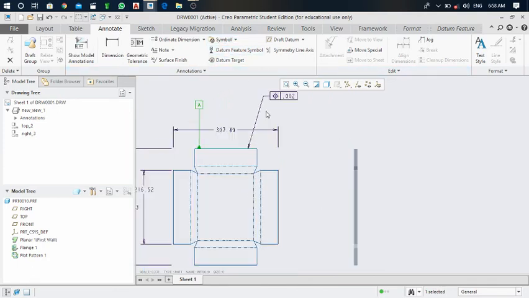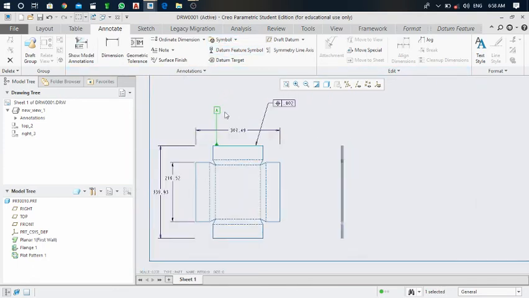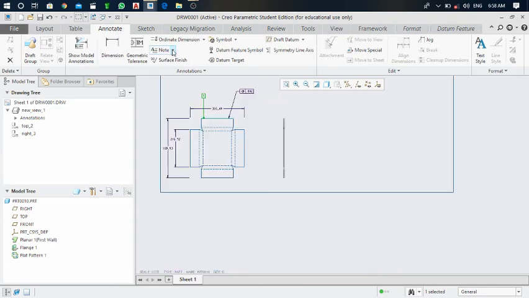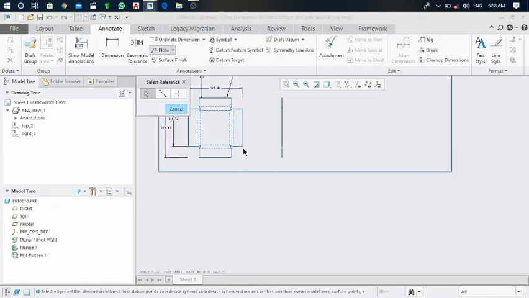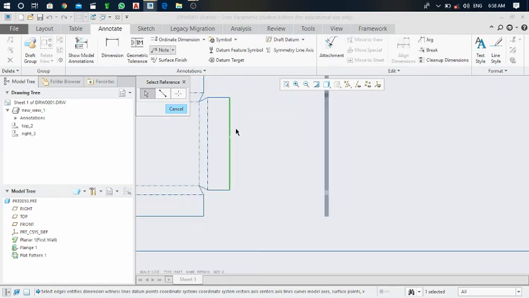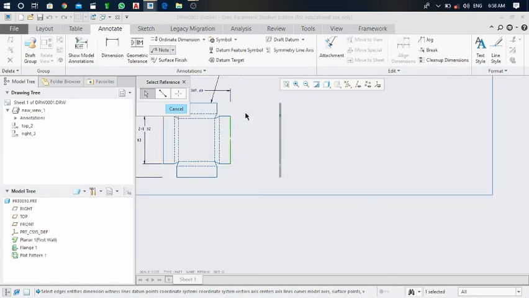Okay, now this is about tolerance, datums, and what is the meaning, leaders. Okay, so the leaders you can get over here. Click on the node. Here is the leader node. Okay, now next click on this edge, and over here the leader is generated, and adjust the location of that like this, not like this.